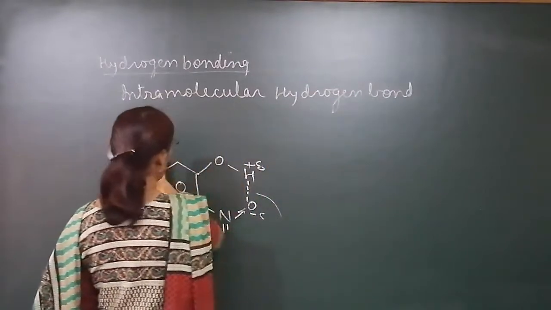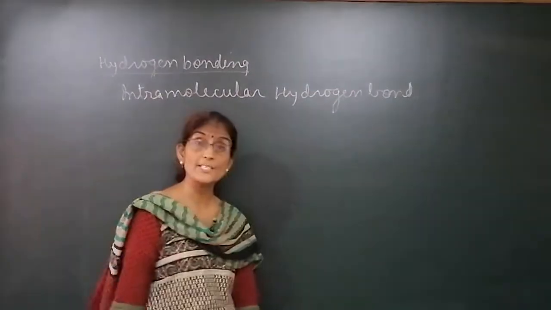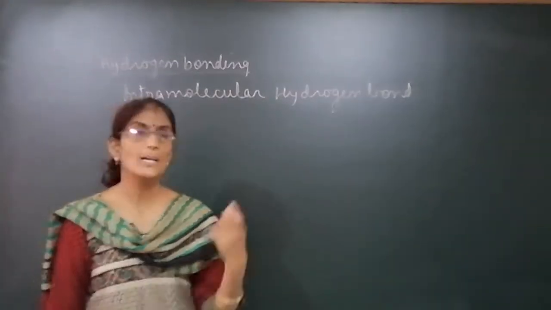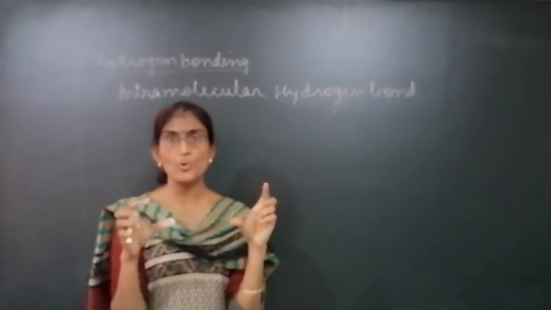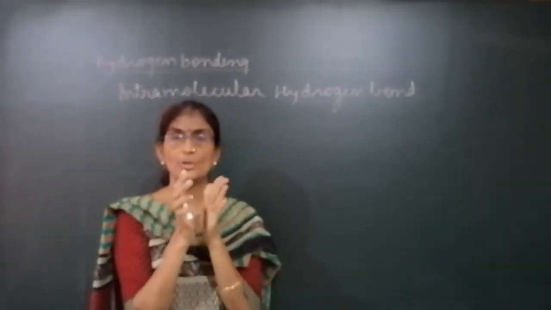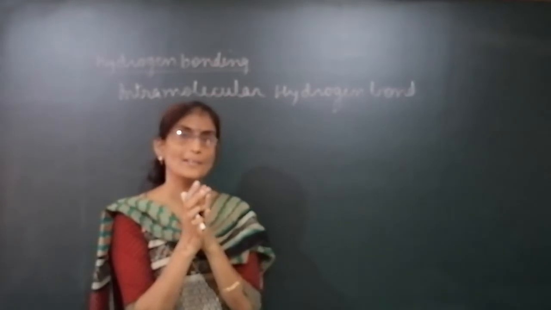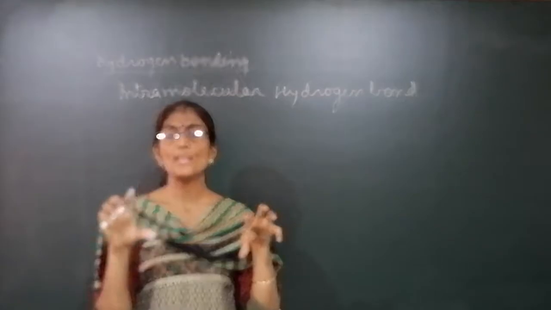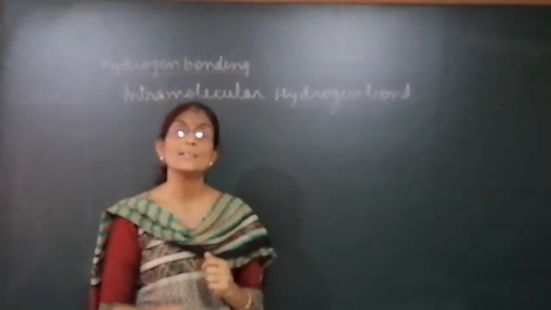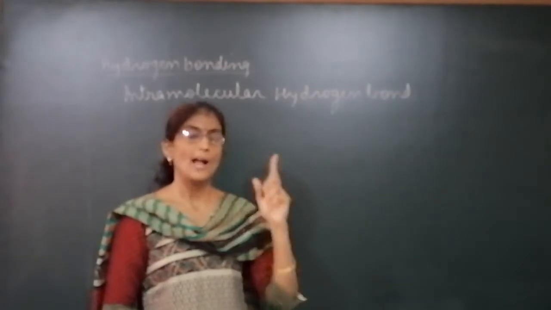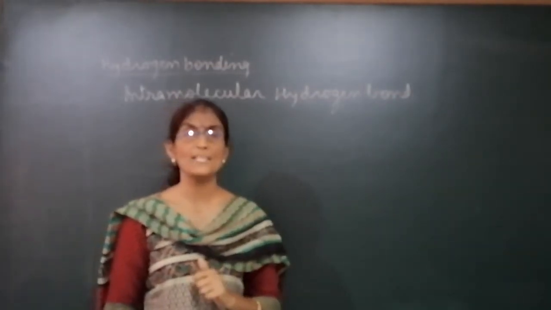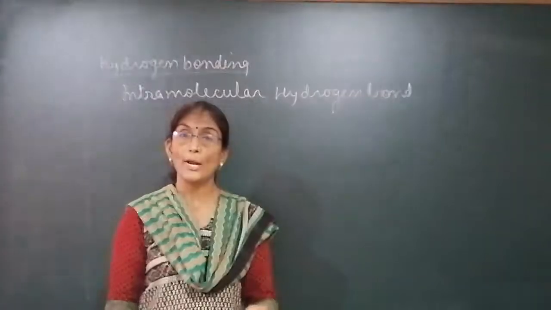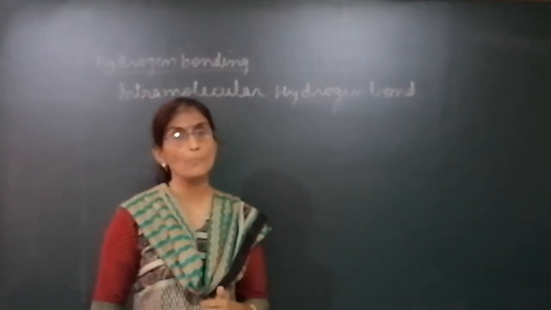This type of hydrogen bond is present in solid state, vapor state and liquid state. In all the three states of matter, hydrogen bond is present. If we take one cube of ice and another cube of ice and touch them together, they will join permanently. They become one, because hydrogen bond is formed between one ice cube and another. So in solid state also there is hydrogen bonding, in liquid also, and in vapor phase also hydrogen bond is present. It is this type of intermolecular attraction which decides the boiling point and volatility of many molecules.